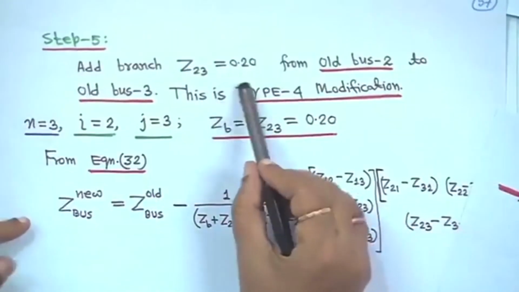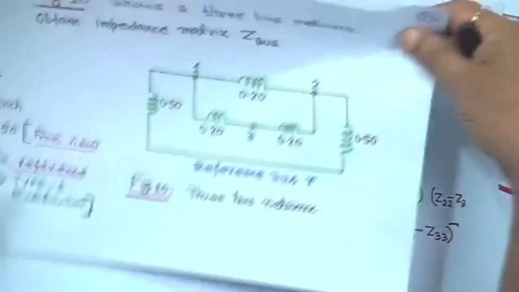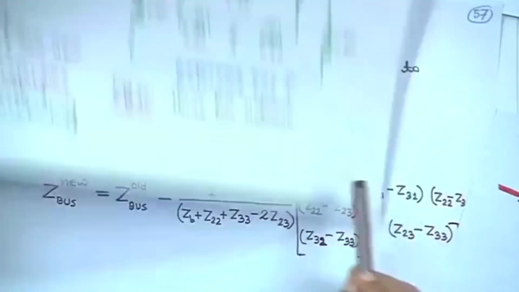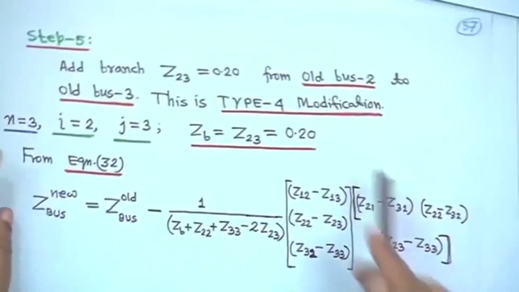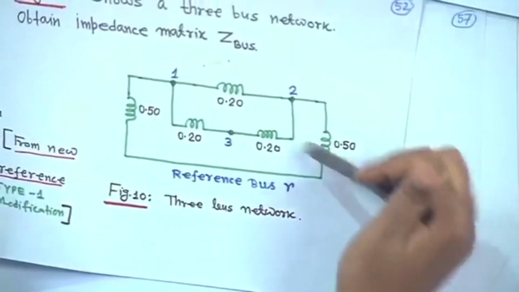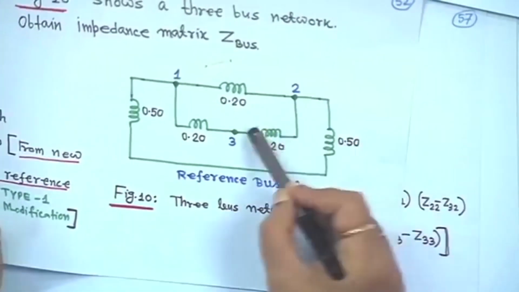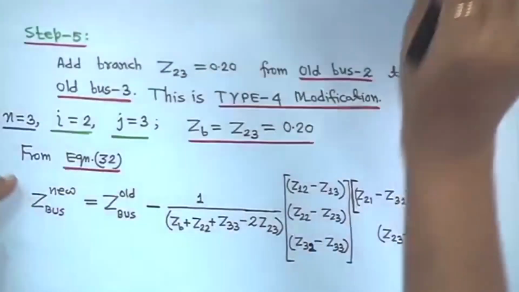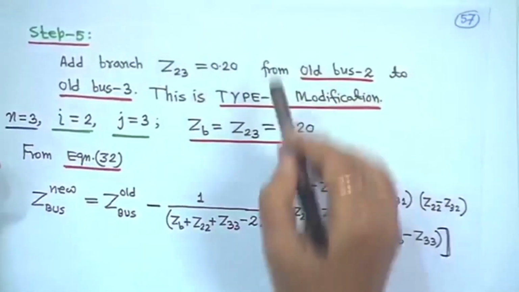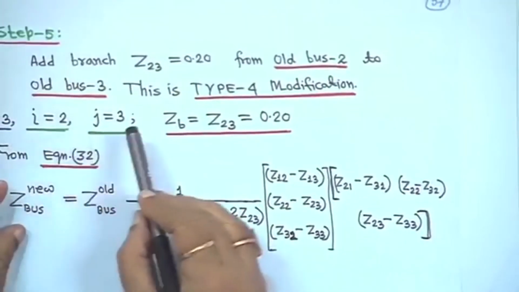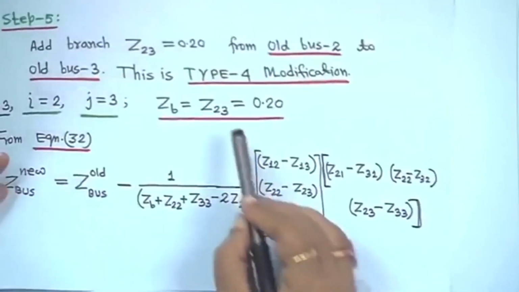So, add branch 2 to 3, that is Z23, that means from 2 to 3 you add. So, in that case it is old bus 2 to old bus 3, because bus 2 and 3 already we have considered. So, bus 2 and bus 3 are the old buses, right. So, in that case it is a type 4 modification. So, n is equal to 3, i is equal to 2, j is equal to 3